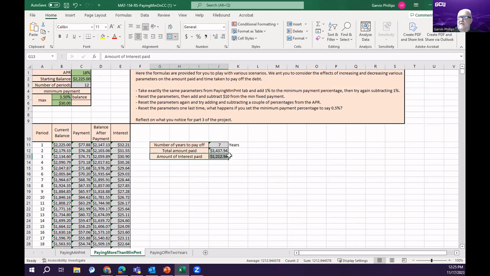The other thing that I think a lot of students, and I've had some questions on this, is how do I find what the minimum percentage payment would be so I actually never paid off the credit card, which is not what you want. You may have found when you plugged in your numbers from your example that you researched. My hope is you do come here and plug them in and say, oh, look, I'm actually never going to pay it off. But a way to check it is by coming up here to your payment,